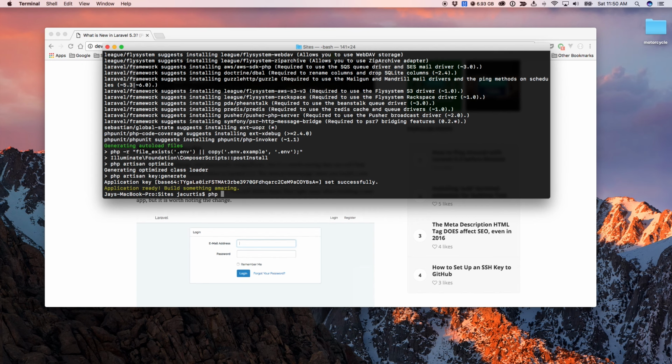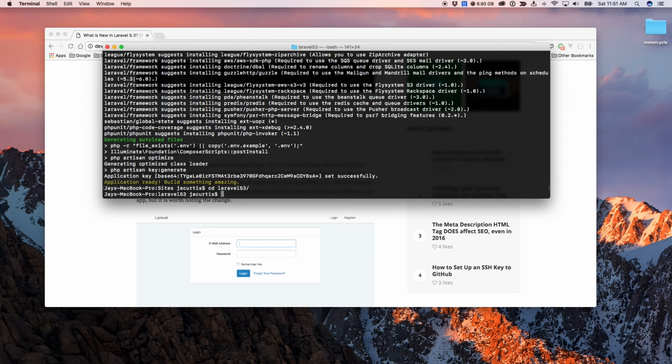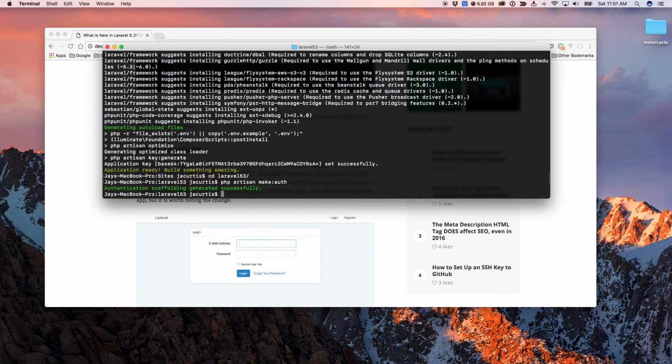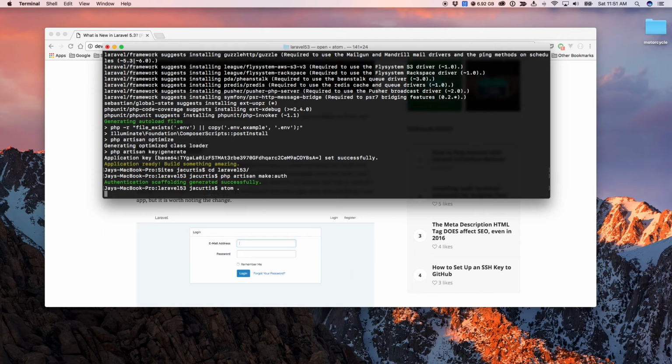Oh, we got to cd into there real quick. So cd Laravel 5.3, and then we're going to do php artisan make:auth. That's going to generate our authentication scaffolding. Then let's open it in Atom real quick and change the configuration for the